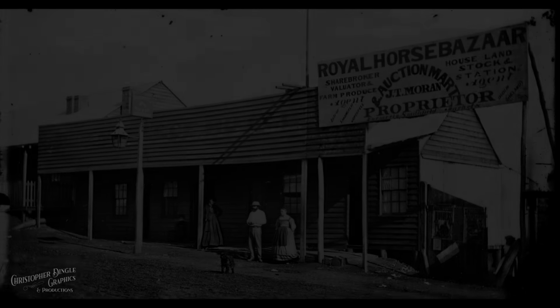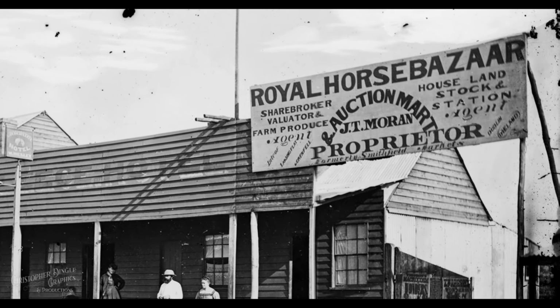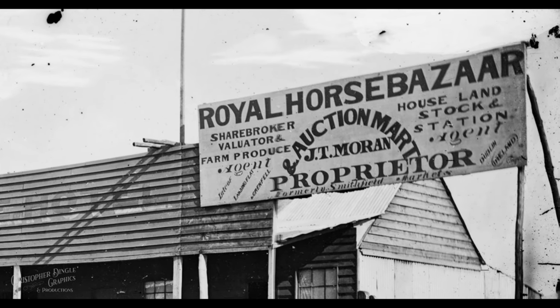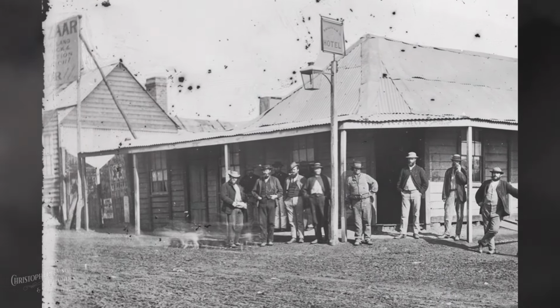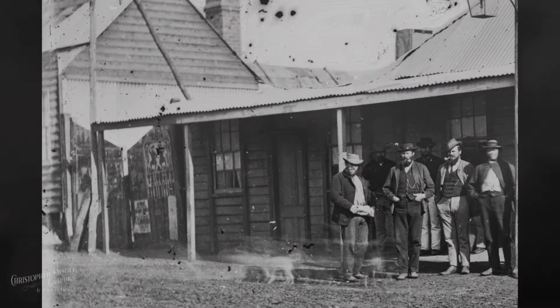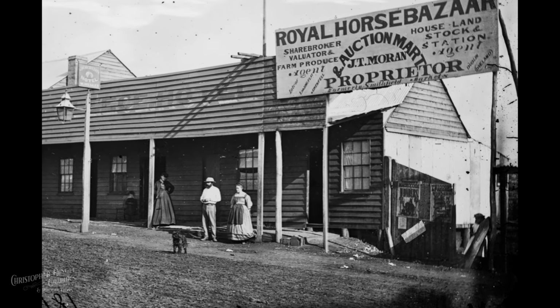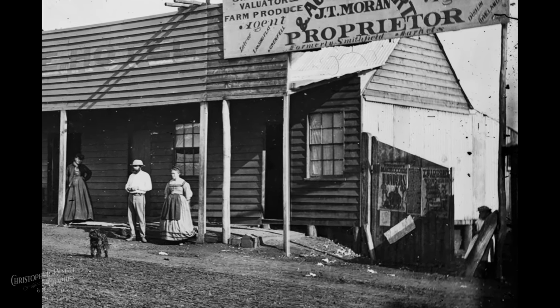As noted in the Gulgong Guardian, dated 1872, the rear of the Golden Fleece Hotel was occupied by John Moran, auctioneer, share broker, valuer, and agent, and Royal Horse Bazaar. If we recall back to the neighboring Cooney's Hotel, the foggy edges of time travel prevented us from revealing the nature of the interesting posters on the wall of what we now know as the Golden Fleece. It can now be revealed that this wall was otherwise a set of large gates. These gates were used to access Mr. Moran's Horse Bazaar in the yard further behind the Golden Fleece. And as for the posters, well, they were advertisements for